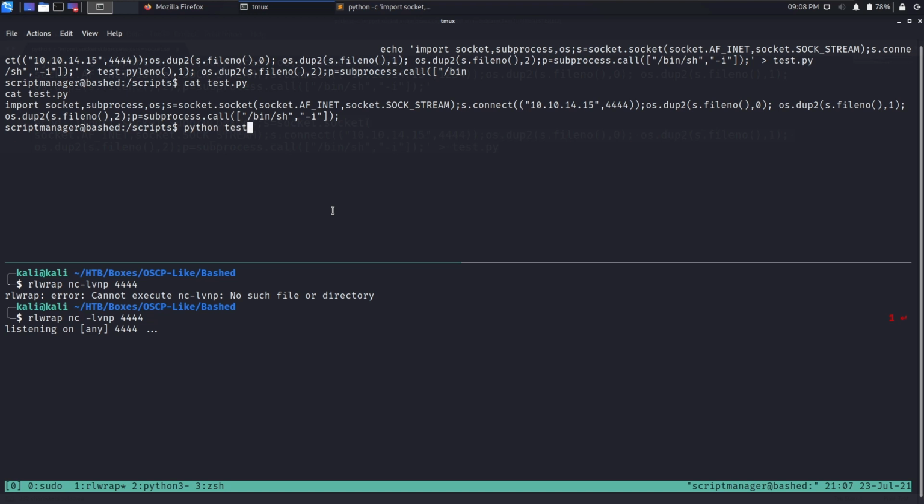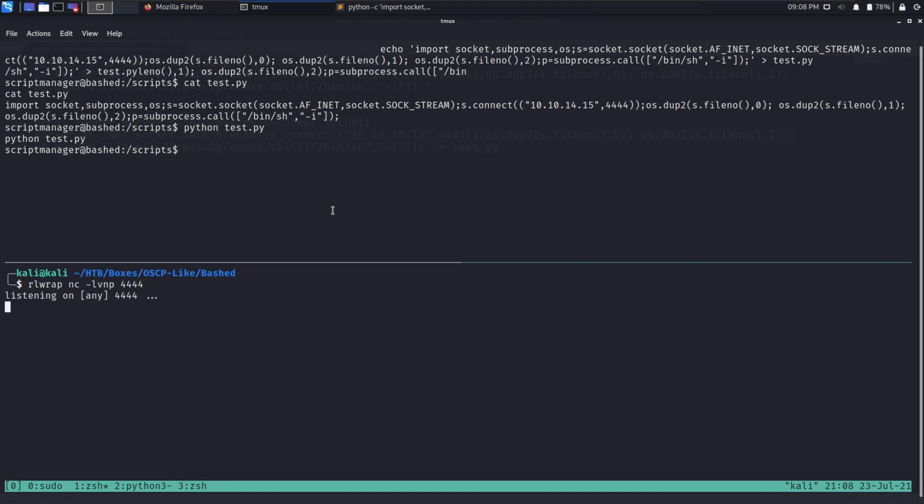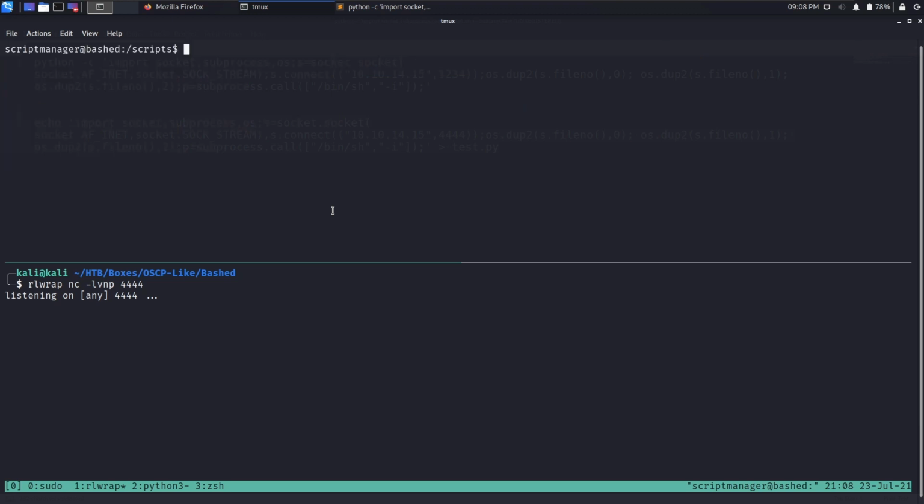Python test.py, and we do get something, and we're again script manager. At least this shows us that there is no dumb syntax error in our file. And let's wait for a while. And we got something back. So who am I? And I am root. So let's do python -c